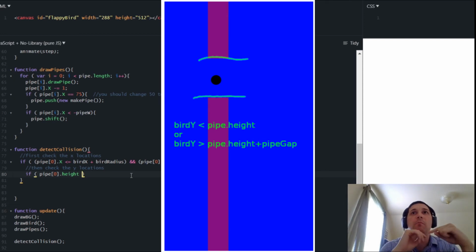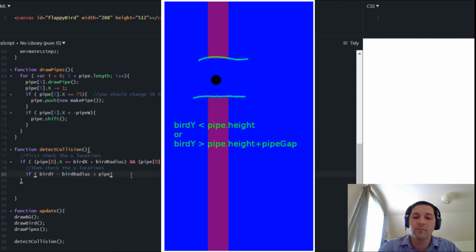We're going to check to see where the bird is in relation to the pipe, right? And before we were checking the pipe in relation to the bird because the bird was staying put. But now it's the pipe, the gap that's staying put effectively, and we're checking to see if it's the bird. So let's rearrange the way we think about this. Let's talk about it in terms of bird to pipe. So we're going to go bird y. So if the bird y, the top of it, is going to be minus bird radius. That's better. If that's less than